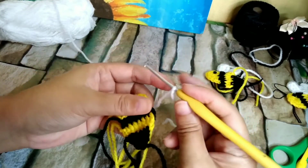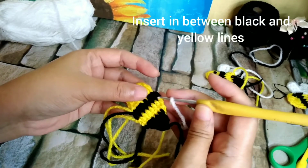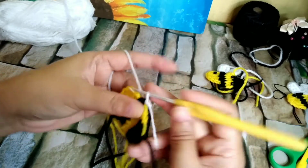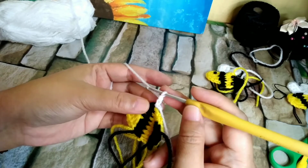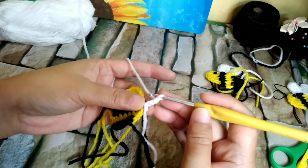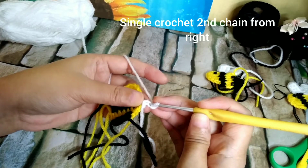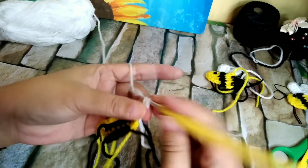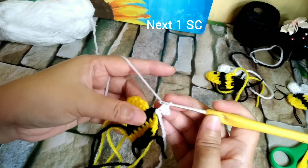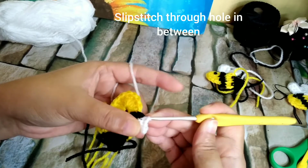So insert your string into that space in between the yellow and the black one. Slip stitch and make 3 chains. Then we're gonna make 2 single crochets. So from the second chain from the right, insert your hook and make 1 single crochet. On the next one, make 1 single crochet, and then we're gonna slip stitch again through that part where we inserted,